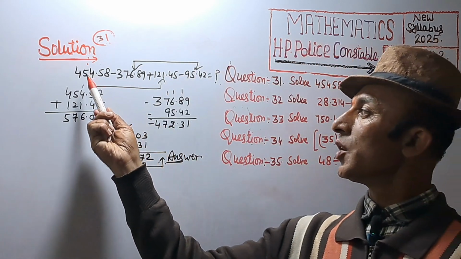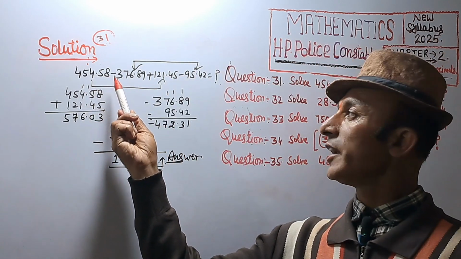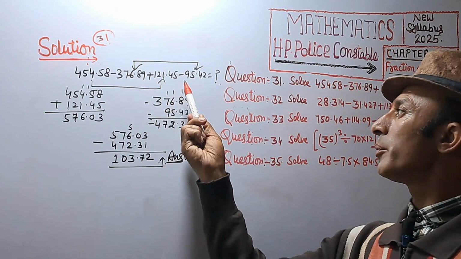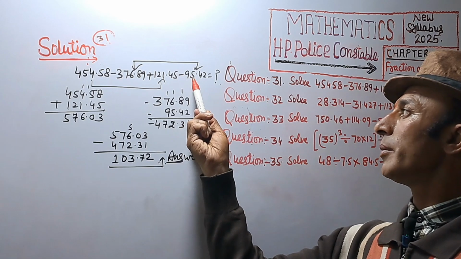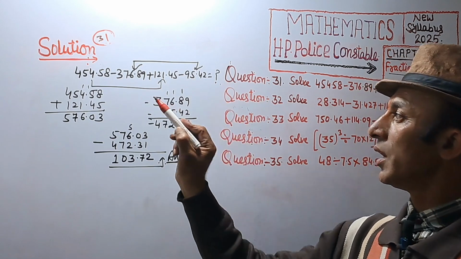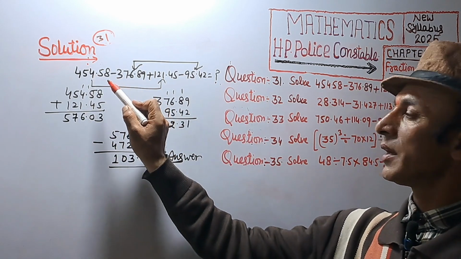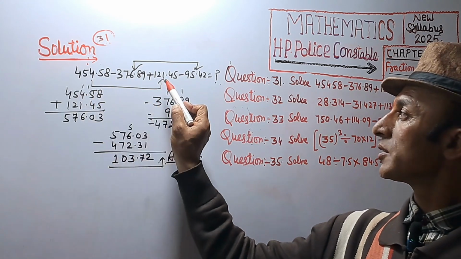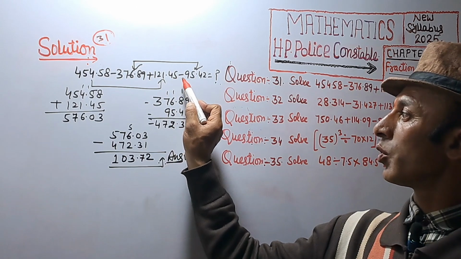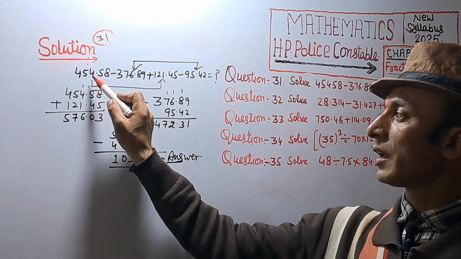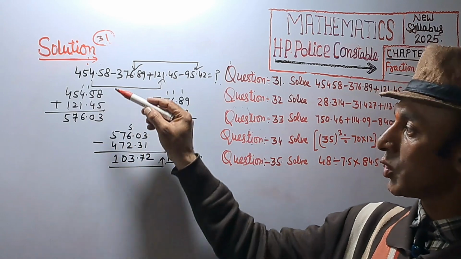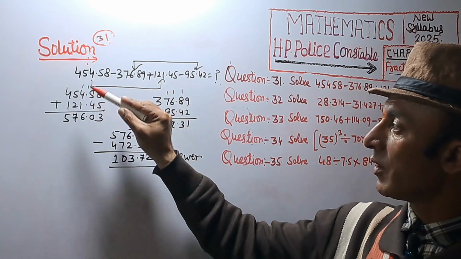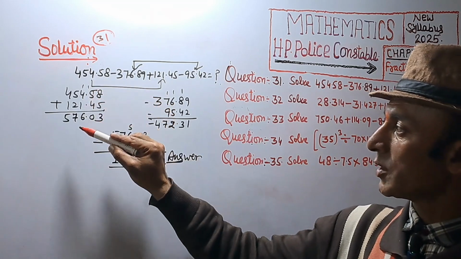Given question is 454.58 minus 376.89 plus 121.45 minus 95.42. First, we are adding positive number, that is 454.58 plus 121.45. Point are in same direction, so their sum is 8 plus 5 is 13, 1 carry, 5 plus 5, 10, 1 carry, 4 plus 1, 5 plus 1, 6, 1,